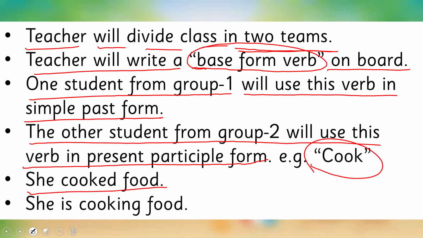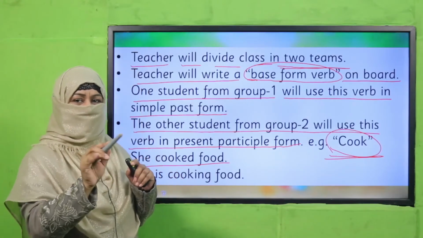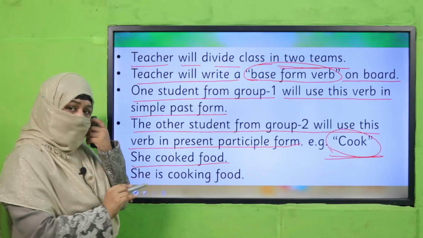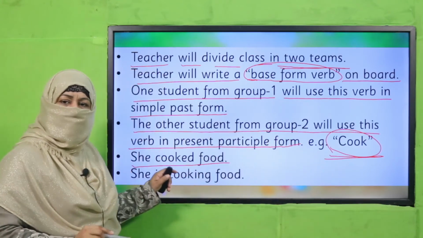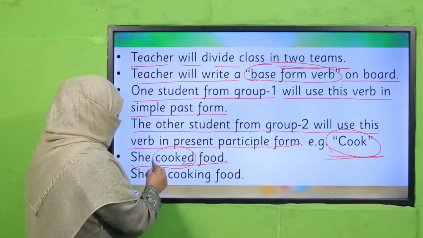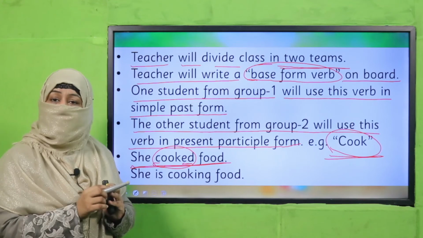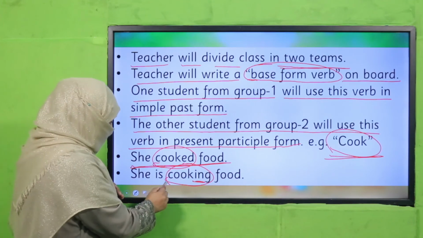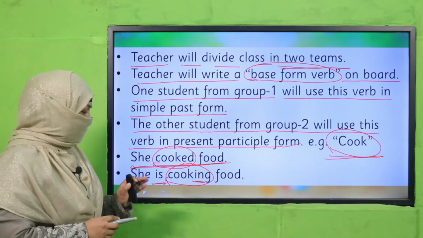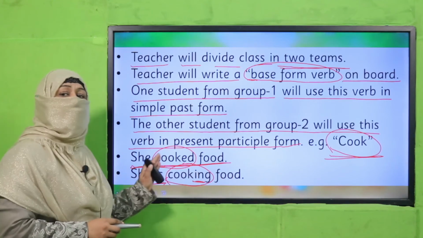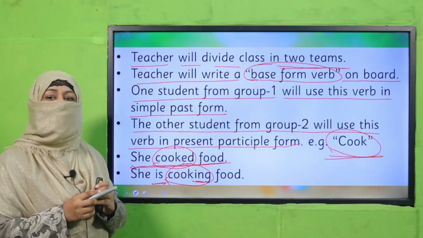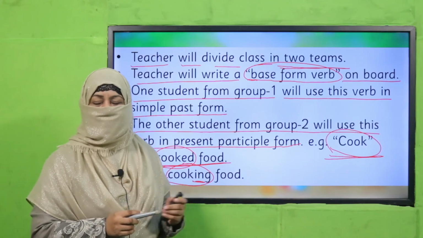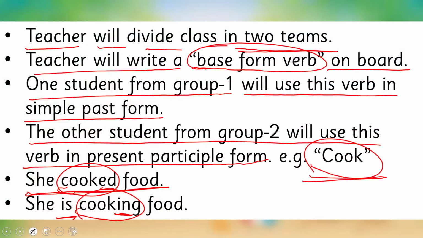And teacher, I request you kindly, you will mention all the regular verbs, because we are talking about regular verbs. The grade 3 students are just practicing it. So for past form, you will add ed to this verb and you will use it in a sentence. And for present participle, you will add ing to the verb and don't forget to use be form with it. She is cooking food or she was cooking food, both are correct. This is how you can make different sentences. So pause the video, enjoy the activity and then come back.